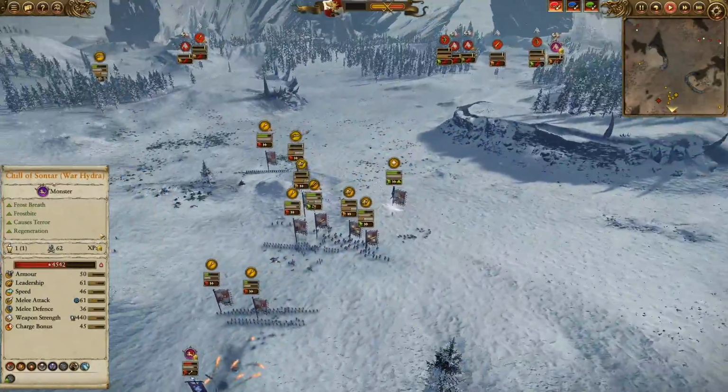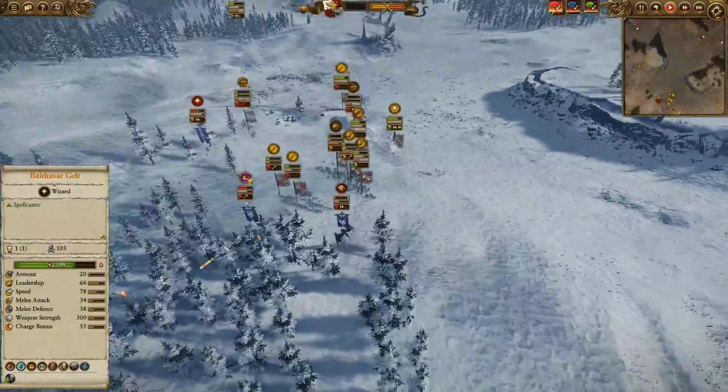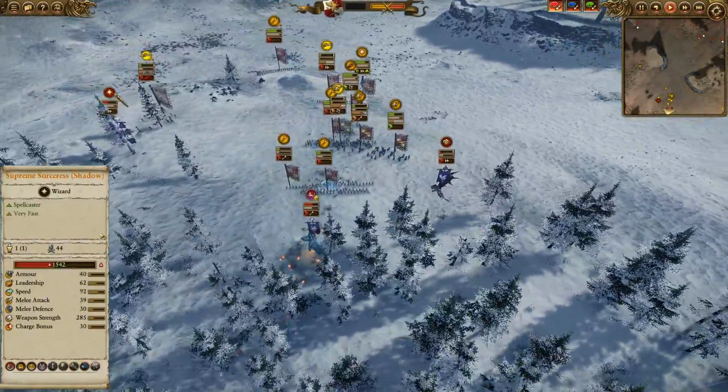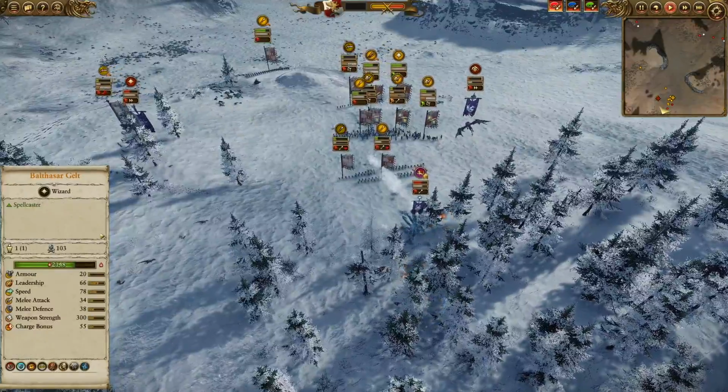There's really nothing else to fire at. As you can see, the Dark Elves largely have given up on the fight. No one else is going to be returning. We do have the Feral Manticore again looking for somewhere to get involved, while the Supreme Sorceress over here, I think, just trying to whittle down the Free Company Militia over here, again just working on whatever units it can,